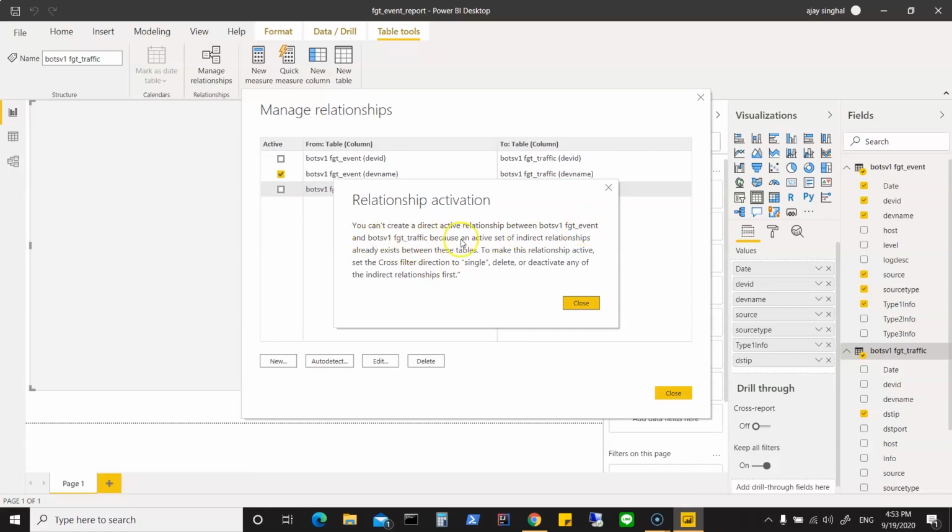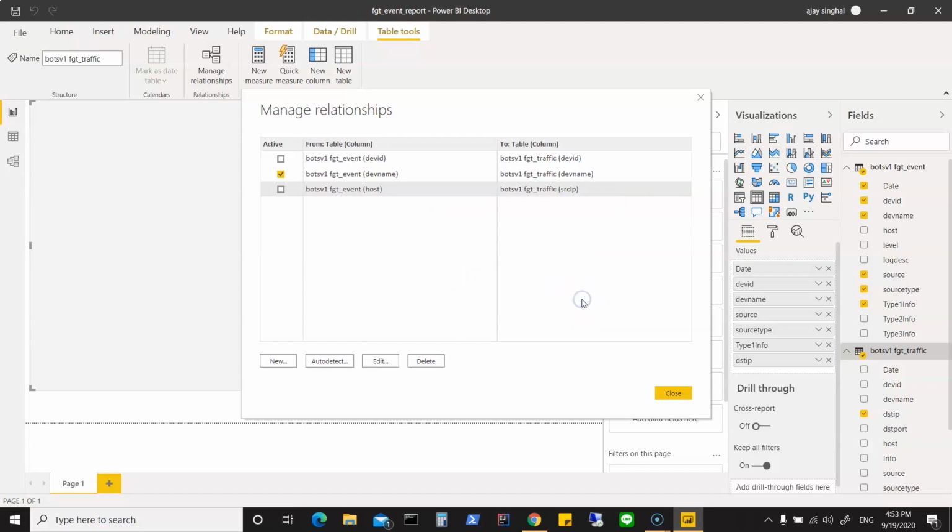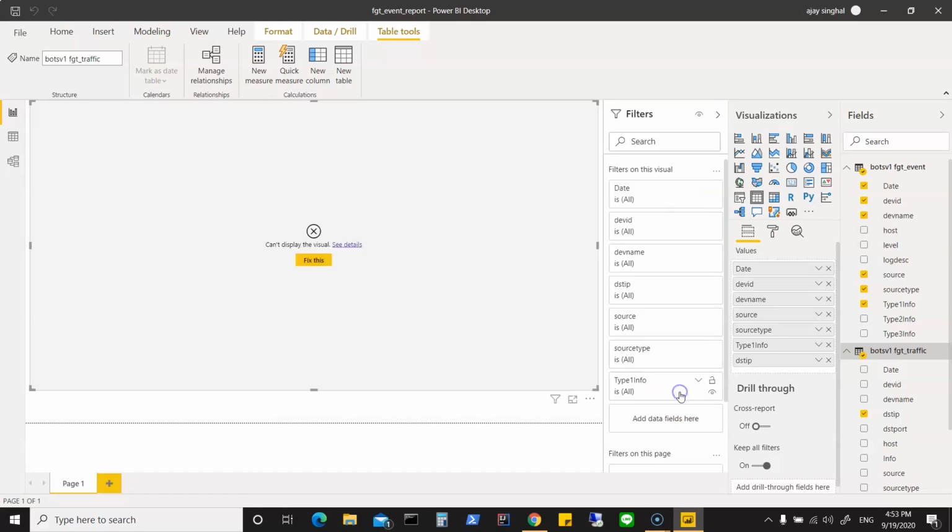You can't create a direct active relationship between event traffic because an active set of indirect relationships already exist between these tables. To make this relationship active, set the cross filter direction to single, delete or deactivate any of the indirect relationships first. So we have direct and indirect relationships which we can choose. Now, if for example I remove this and then select this, I'm saying let the host and the source IP be my relationship. Let's click on close,